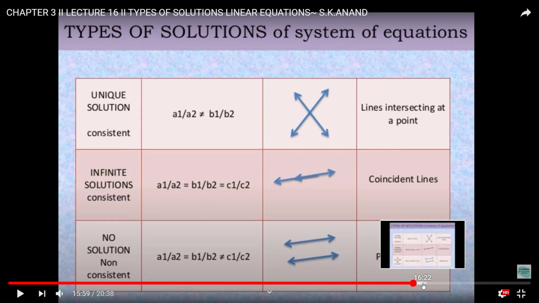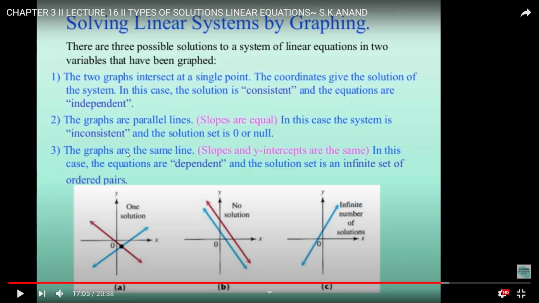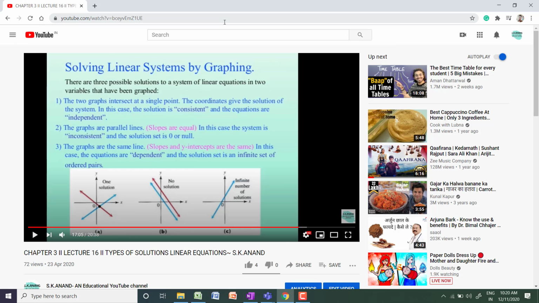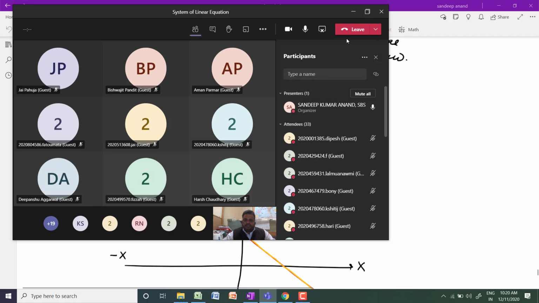Here is one important thing: solving linear equations by graph. If you solve the problem by the graphical method, in one solution you get one common point, in no solution no common point, and in infinite solutions the lines overlap each other. So this is what I wanted to discuss in today's class. I hope today's class is clear to everyone: the types of solution, unique solution, no solution, and infinite solution. Yes or no? Okay. Now I'm going to take